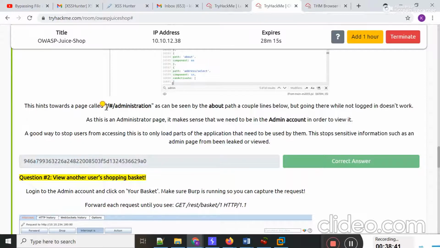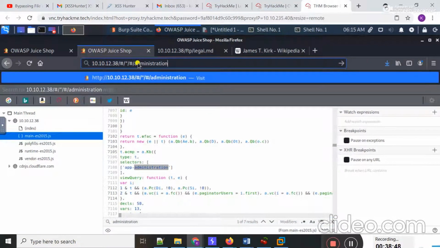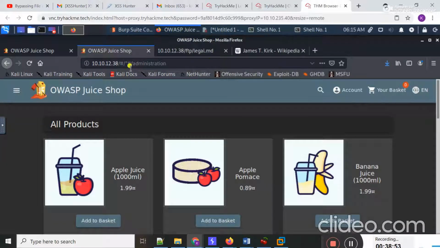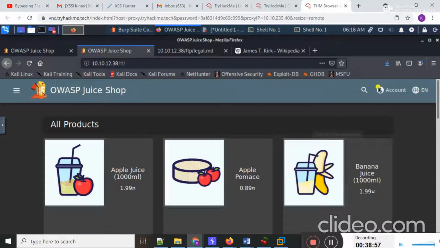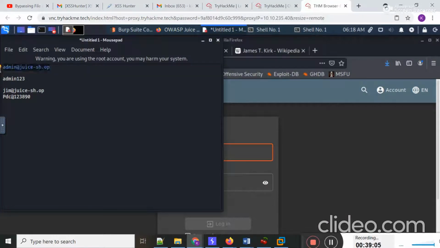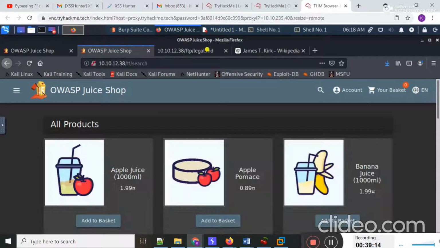Now I'm able to go through this administration page. If I copy from here and paste this, okay, first of all I'm going to log into my admin account. First I'm going to copy the email ID and paste it here. The password is admin123, and login.